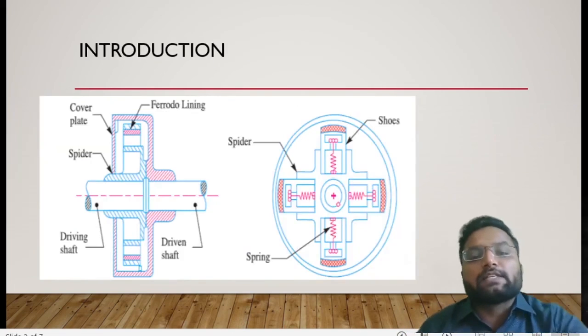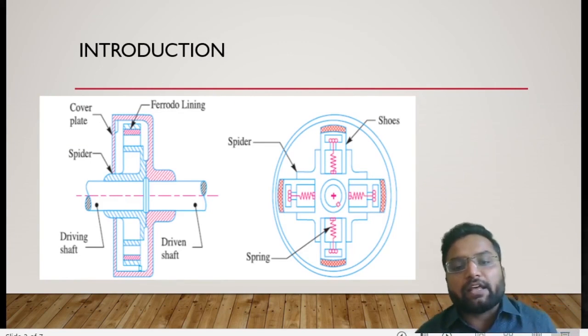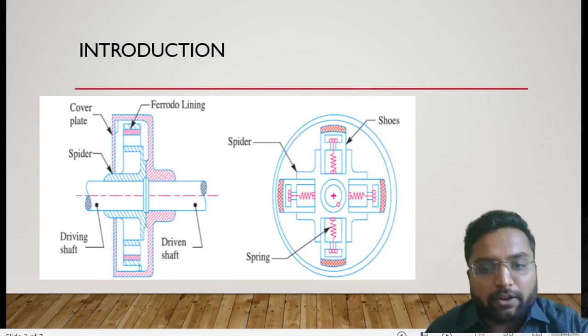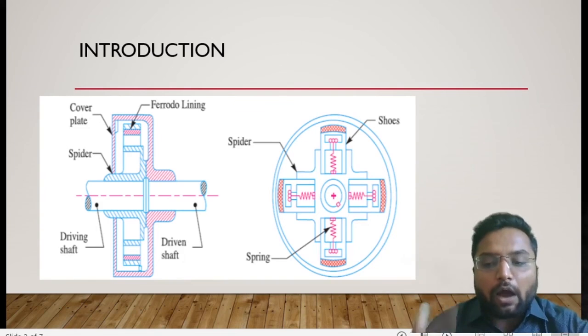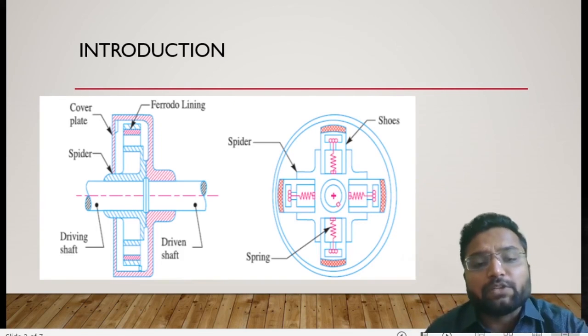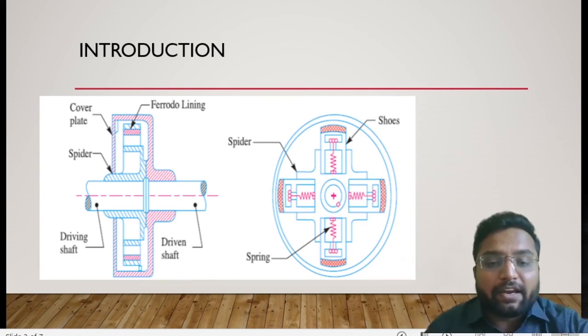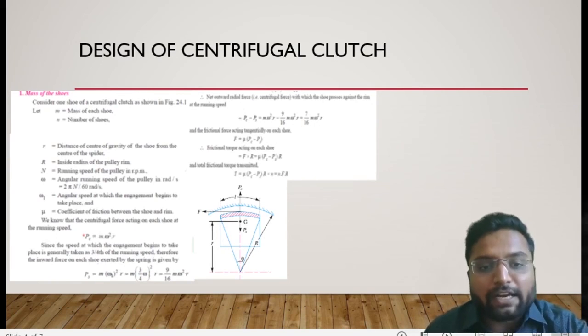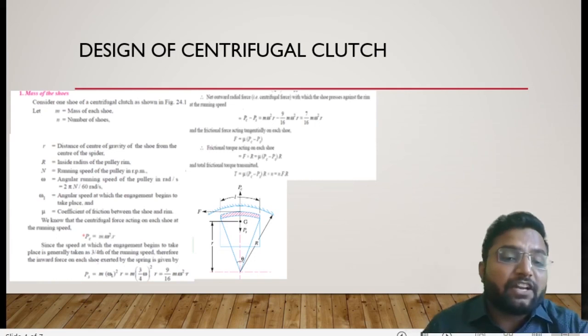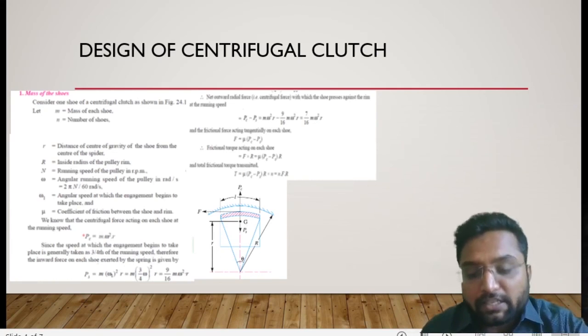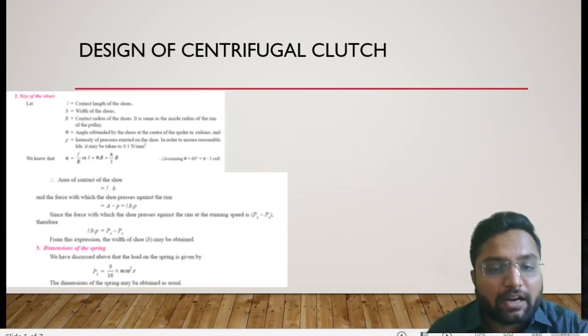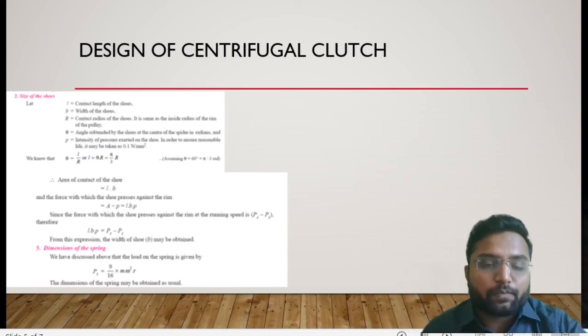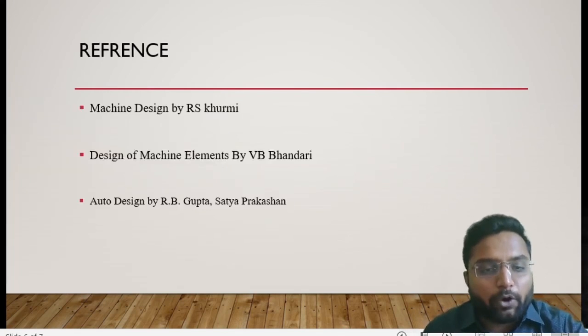Let's recap this. In a centrifugal clutch, the driving line is connected with our spring-loaded mass and the driven line with our outer drum. With the help of this inertia force, the driving line is connected to the driven line, and then they will create pressure on the outside rim. Clear? Depending on that, we can find the mass and the frictional torque on our clutch, and ultimately we can have the size of our clutch depending on that pressure. I hope you understand each and every point very well.